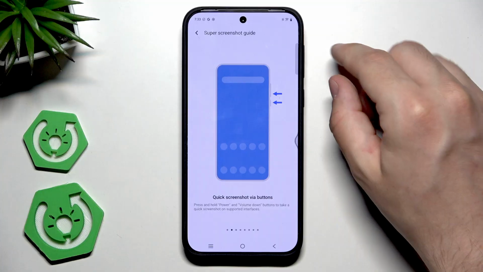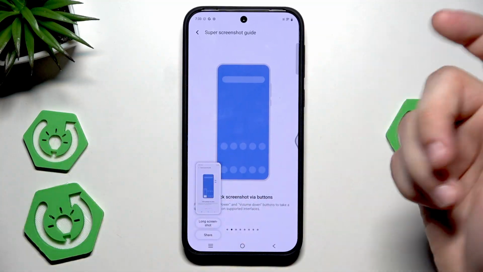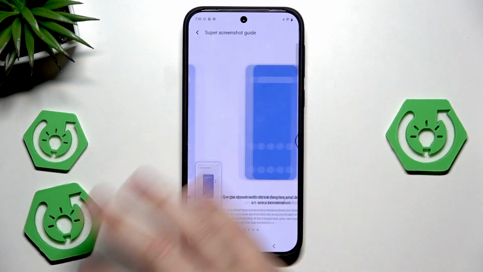Simply tap the power button and volume down button. Boom, I think that's a pretty known feature. Next thing,